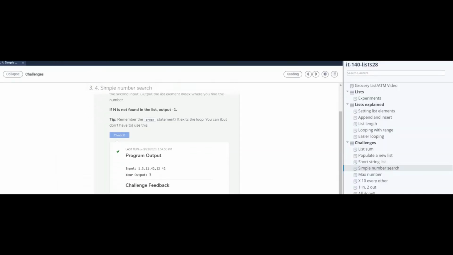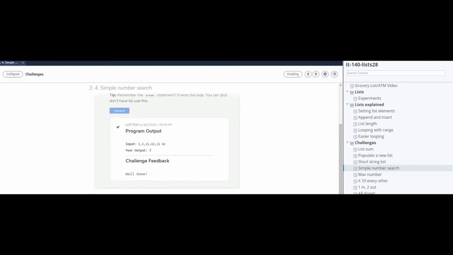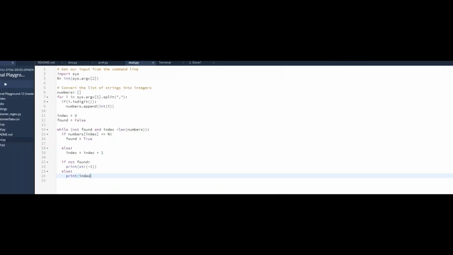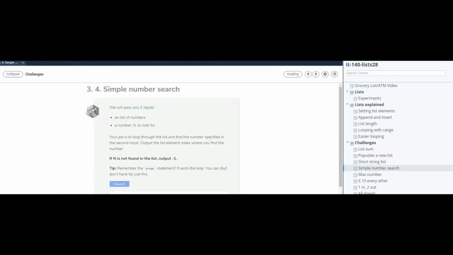Here's what the output actually looks like. The input list was 1 through 11, 42, 12, and 42, 10. N was 3, and it went through the loop until it found it, which it would find in the second item of the list. I know that's a kind of long one, but very, very good. It teaches a lot of things. So now let's